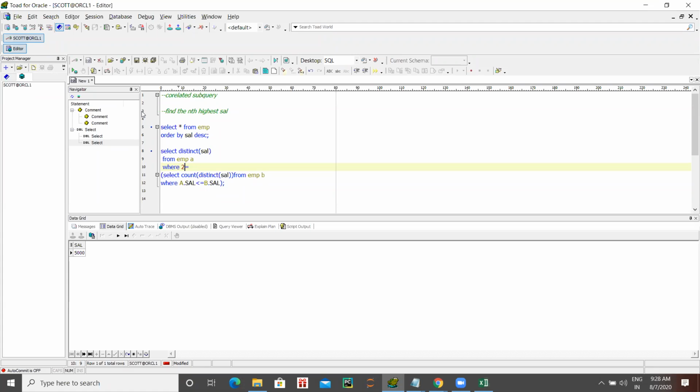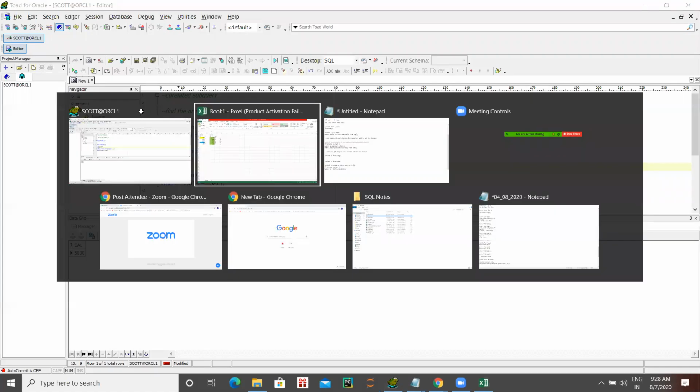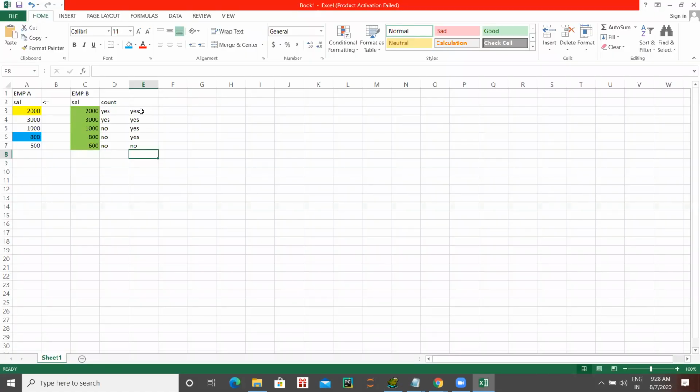Again, you'll ask why we are giving distinct here. Distinct salary, because let's say 3,000 is there 2 times. So it will come 2 times. But I don't want 2 times. I want only 1 time. Okay, go to your Excel. Let's say after 600, write 3,000 again.